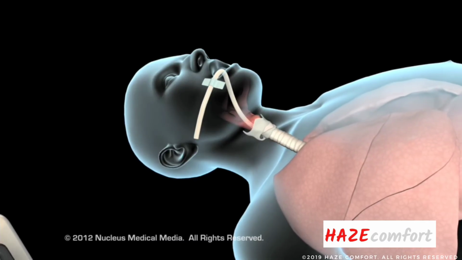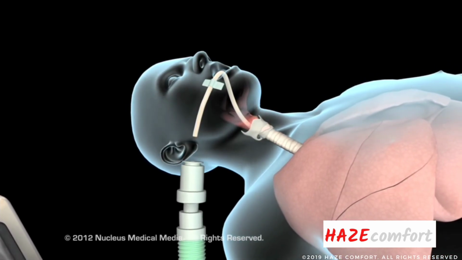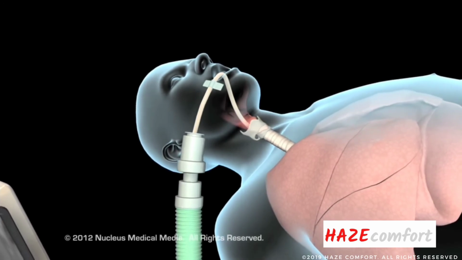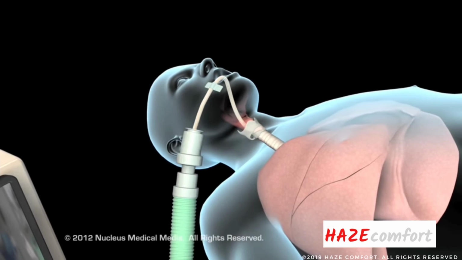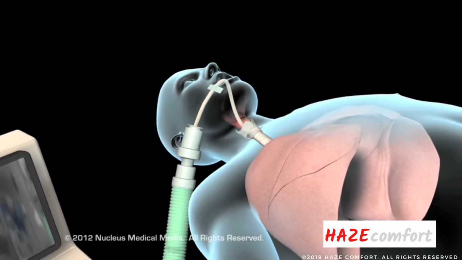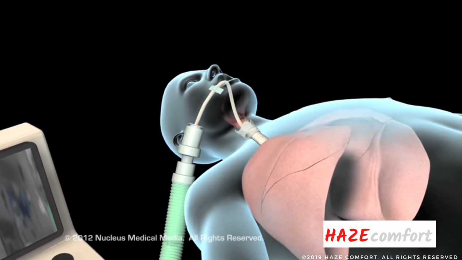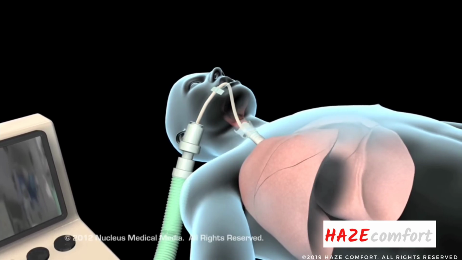Once the endotracheal tube is in the proper position, your doctor will attach it to the mechanical ventilator, a specially designed pump that aids respiration by delivering well-oxygenated air into the lungs and permitting carbon dioxide to escape from the lungs. Levels of oxygen and carbon dioxide will be closely monitored to confirm that the ventilation